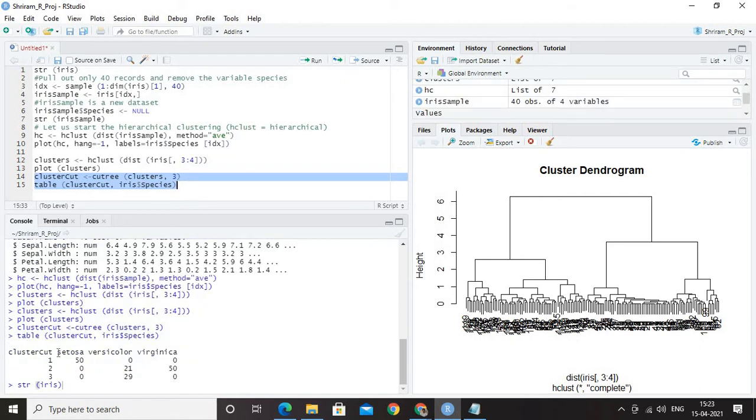You can see that here the cluster cut has worked. Three clusters are there. Setosa 50. In cluster 1, you can see that Setosa has come. In this, if you see, versicolor is 21 and Virginica is 50, but there are a lot of mistakes. So 21, 29 has gone into the versicolor. So the versicolor has gone into both cluster 2 and cluster 3, which might not be really right. So we need to really work on improving the results in terms of reduced errors. So this is erroneous, and we need to look into it.